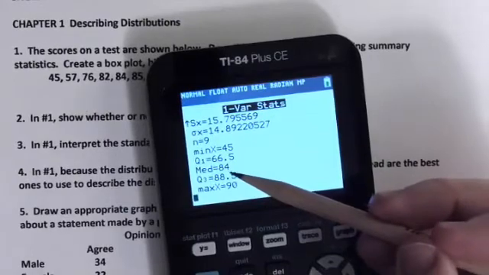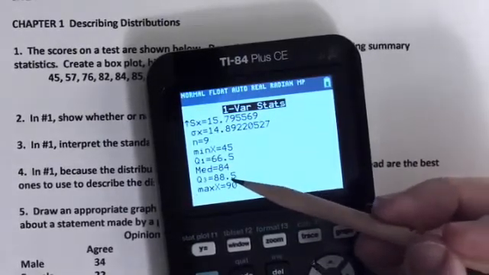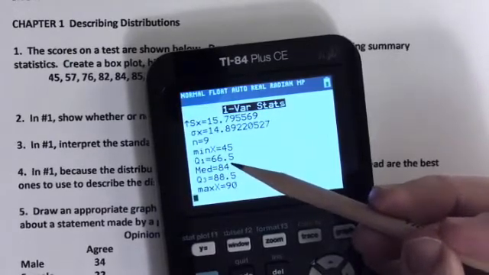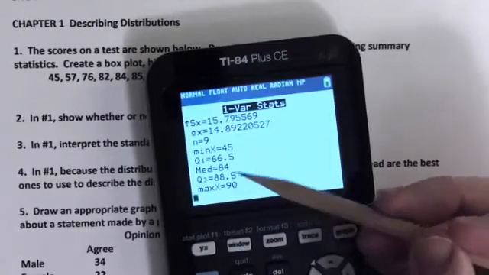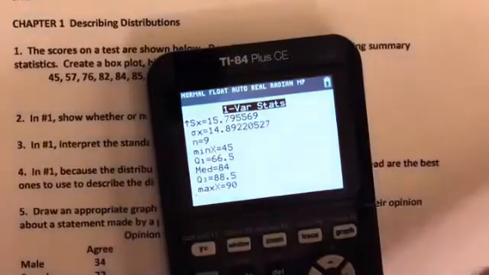And so there's the median, the other big measure of center, that being the mean and the median. And then the IQR is Q3 minus Q1, so it's going to be 88.5 minus 66.5, so it's 22. And then there's the max and the min. You subtract those to get the range. And so to describe the distribution,